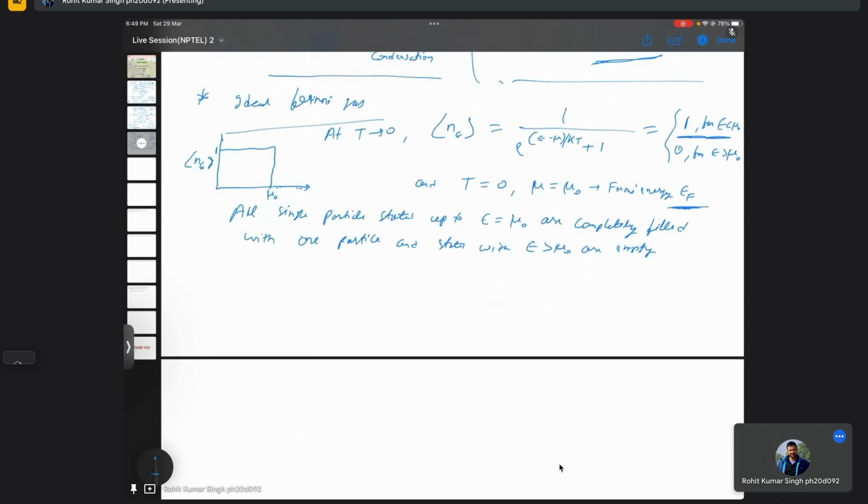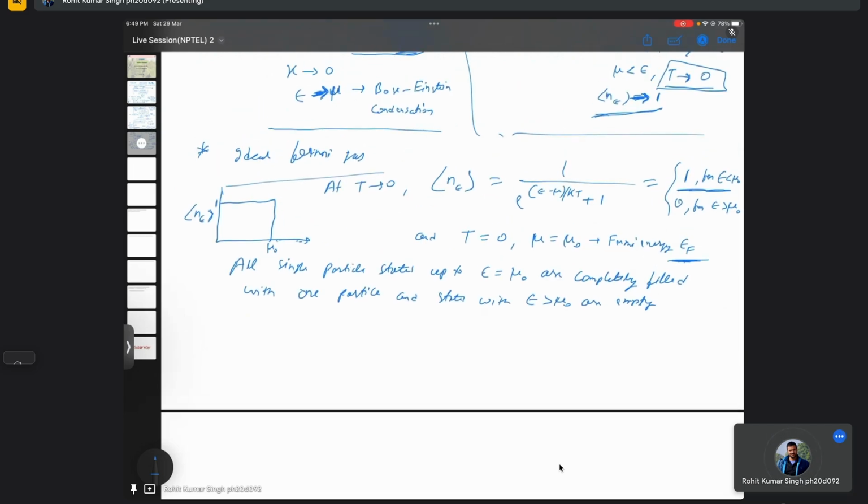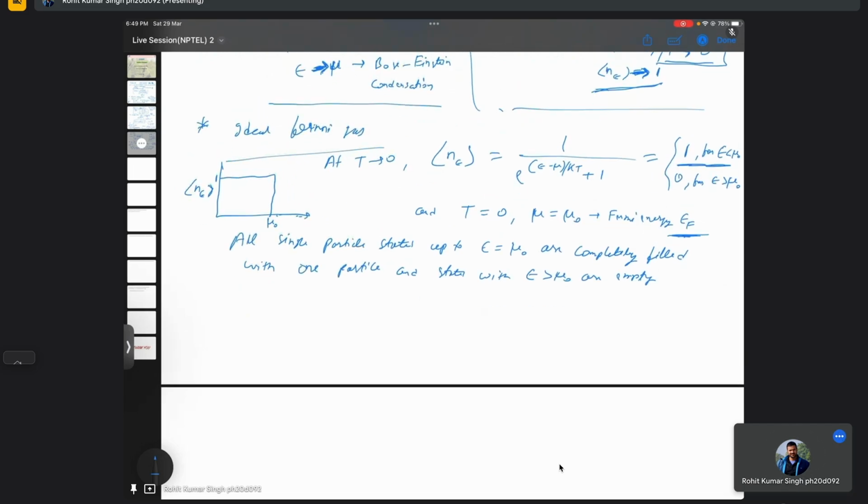now if someone wants to calculate the total number of particles in the Fermi gas, you can do that by simply integrating over the density of states, right, from 0 to Fermi energy EF, because as I mentioned, this is just dn over dE. So it is just the integral of dn. Okay,